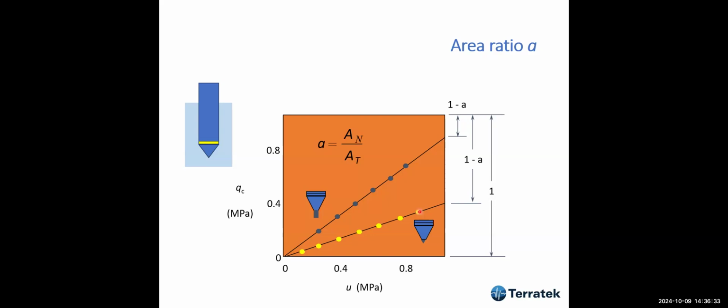And when the cone was at zero, before we insert the cone into the ground, we have to zero the data, to record those initial values in order to discount them from the measurements. And in this project that he worked on, before the cone entered the water depth, it was zeroed, and then they installed the cone up to the seabed, and before going into the seabed, they had to redo this zeroing